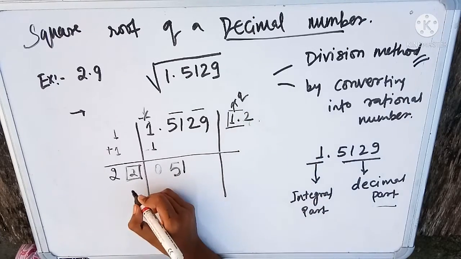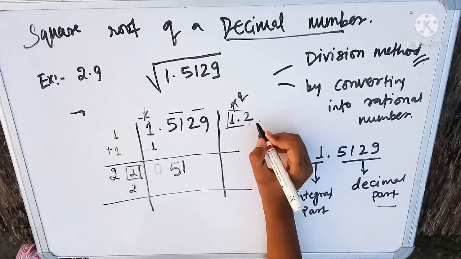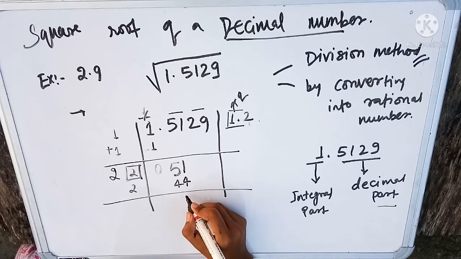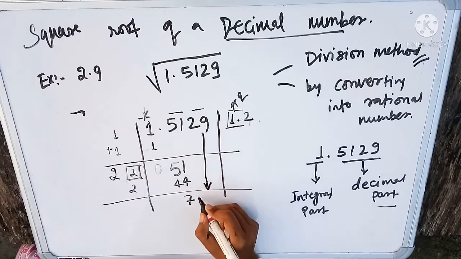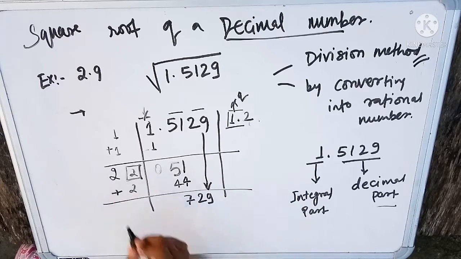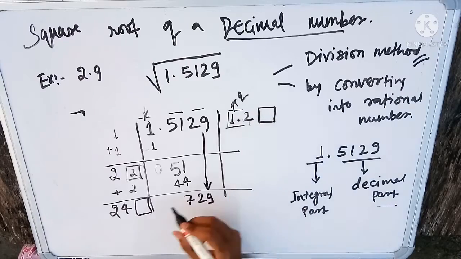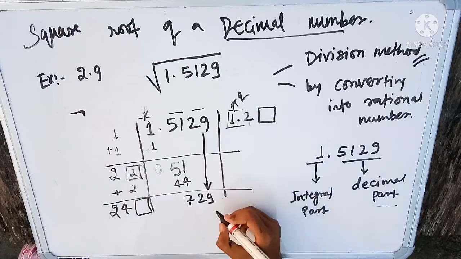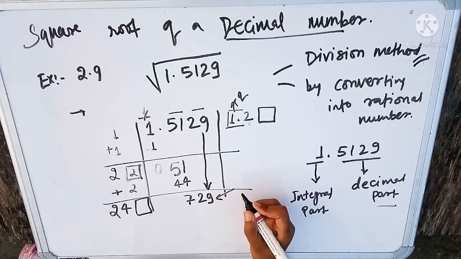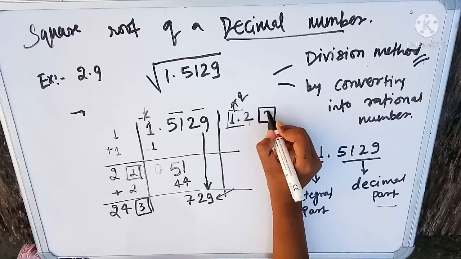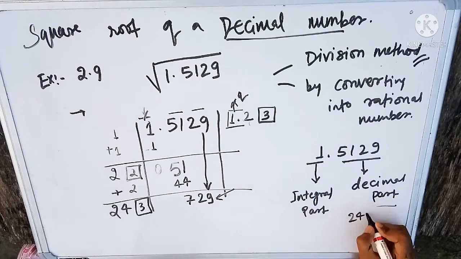Now the same quotient we need to add here, and 22 times 2 we have 44. Now this will be subtracted and we will get here 7. And the next number we will bring down is 29. And after adding here we will get 24, and what will be next? Now what number's square we will multiply so that we get a number which is either less than or equal to 729? So here it will be 3. If you multiply 243 by 3, then you will get here 729, exactly the number.